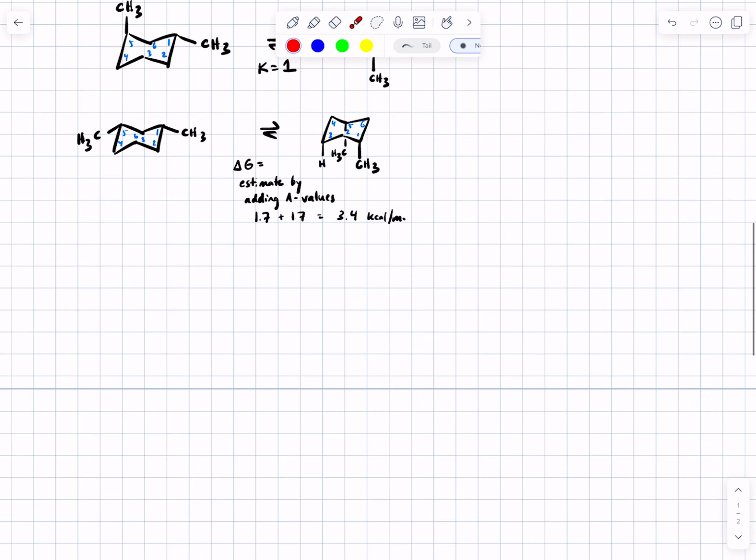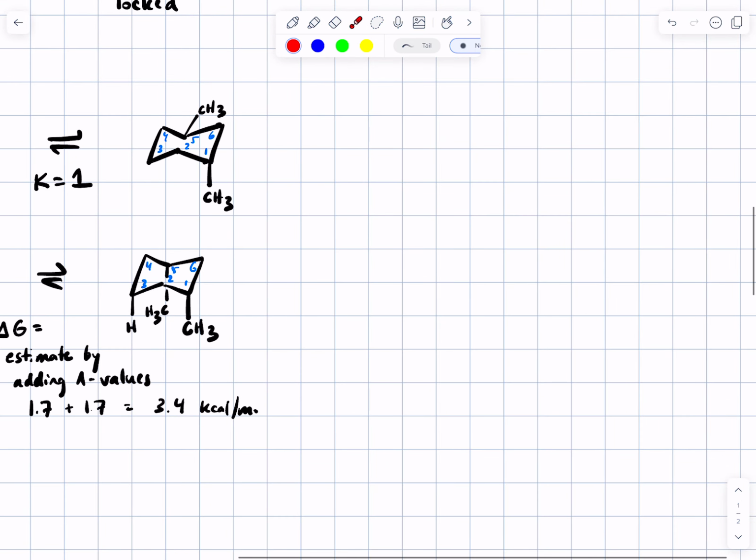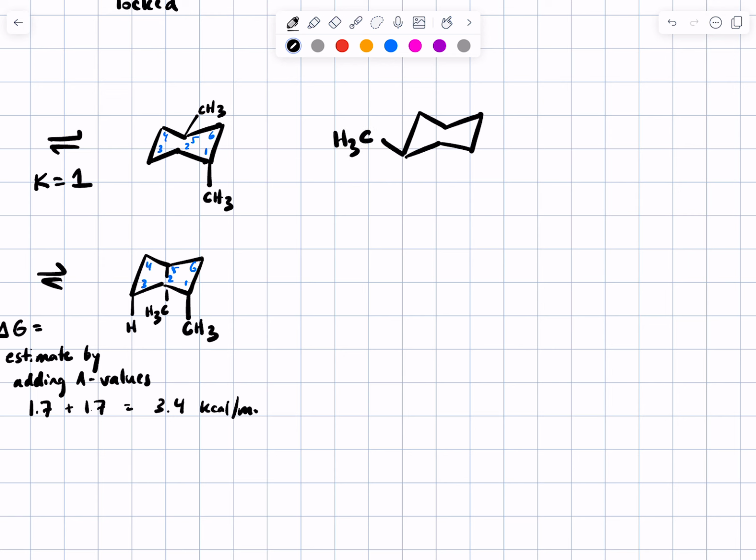Okay? I'm not going to do this example in class. This may be a repeat of a problem from a study guide or a practice exam. But it would be useful to go through and try to predict what the most stable chair would be for that molecule. So draw the other chair and see if you can figure out which would be the most stable chair. And then the other way you can experience questions in this area